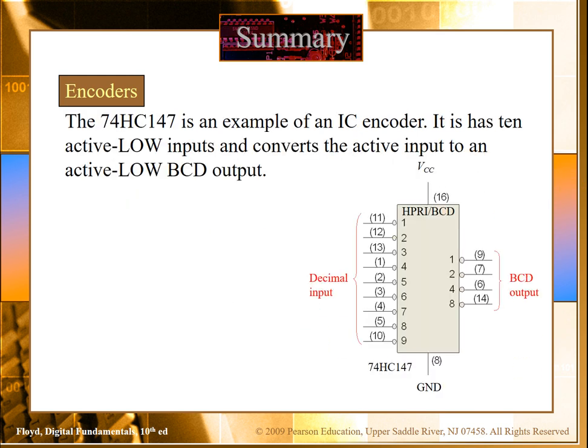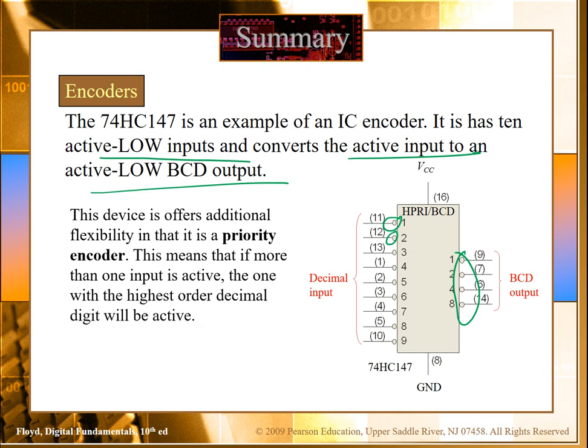As with the earlier application, we also have an IC for the encoder, which is called 74HC14. This is basically the decimal to binary coded converter. Again, if you look here, this is an active low IC, so you will be providing active low inputs. Again, we are getting a bubble here: active low inputs, and we will convert them to the active low BCD output. That would be the function of this IC.